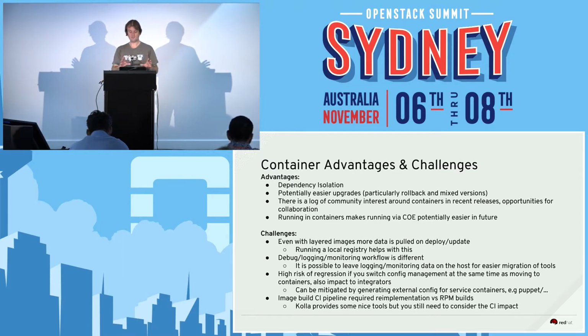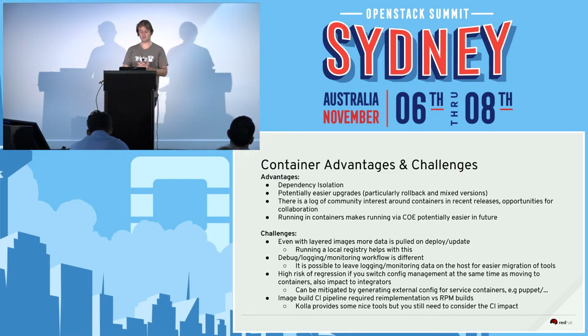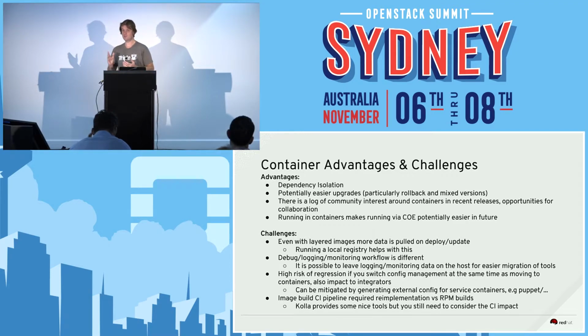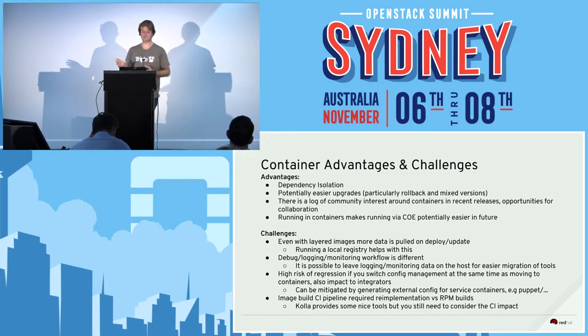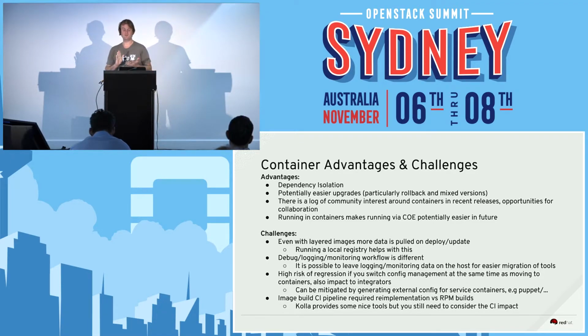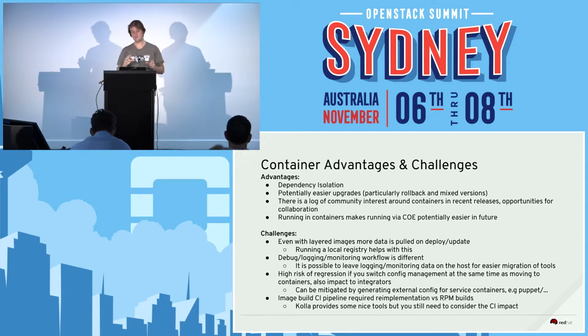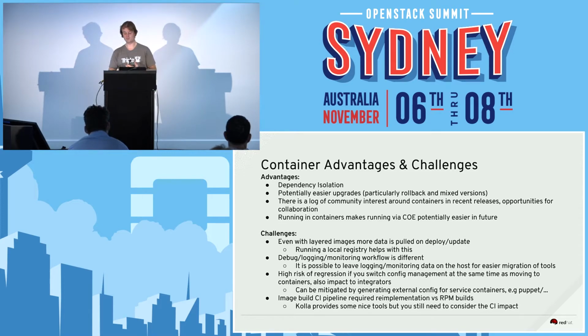Initially there are just some pros and cons to be aware of, and Jarda's done a nice job of explaining some of the reasons why you would want to move to containers: the dependency isolation, the ability to do service-by-service upgrades, and potentially much easier rollbacks when you need to make a rollback during an upgrade procedure. Also, there's a lot of interest within the OpenStack community in container orchestration on Kubernetes and other tools, so it's a nice stepping stone to that, getting to the microservice-based model and improving the images. And we've benefited hugely from the work done in the Kolla community, where we're using the Kolla images and orchestrating them via the OOO orchestration framework.